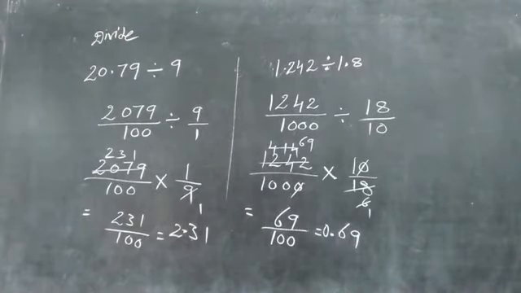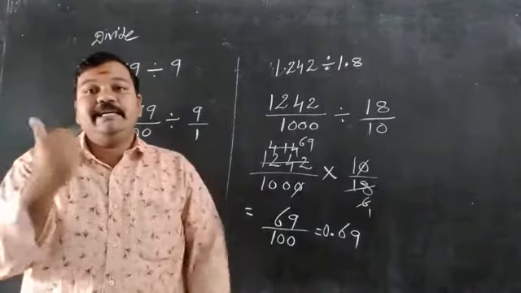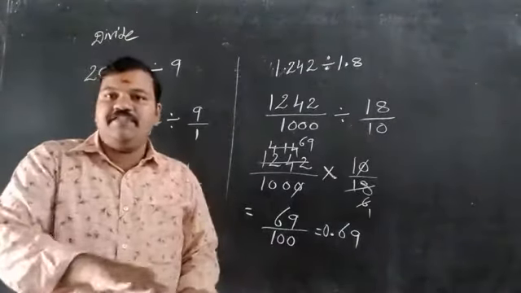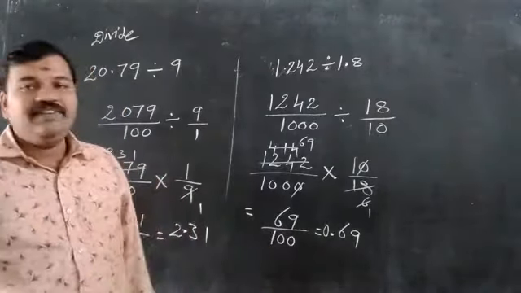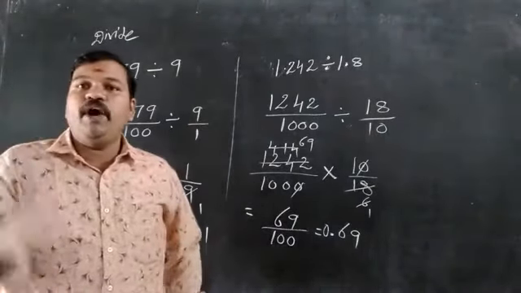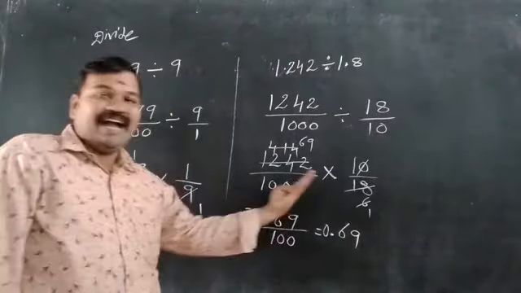Addition means point on point, number by number we have to arrange. Subtraction also point by point, number by number. The rule of addition is number by number, point by point. Subtraction rule is we have to write the bigger number first, afterwards number by number, point by point. And the next one is multiplication. First forget about the point and do the normal multiplication. Afterwards keep the decimal point back to front.